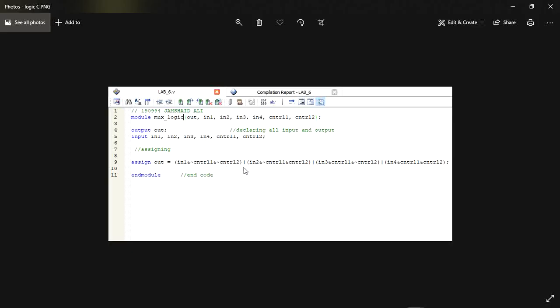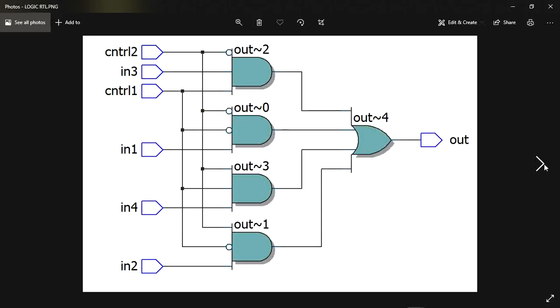So this is the implementation of the OR gate, and after it we have to implement all the operations using the OR gate and AND gate. Now you can see that all our selection lines have a relation with all of our inputs, and as a result we get our output. So now we are moving towards its RTL view. This is the RTL view of our logic statement implementation of the MUX.